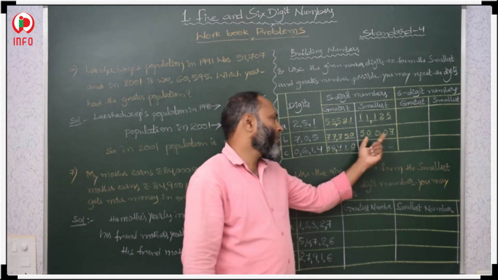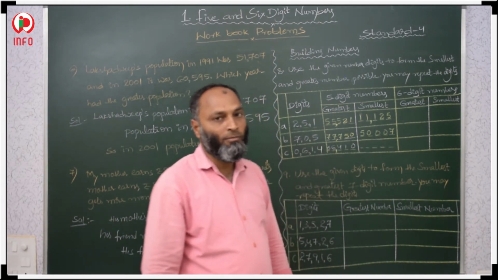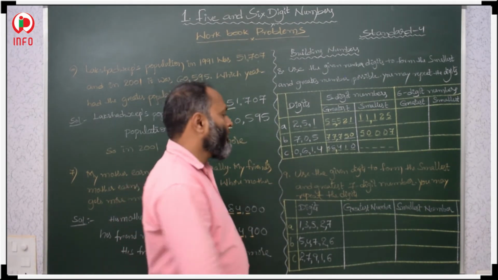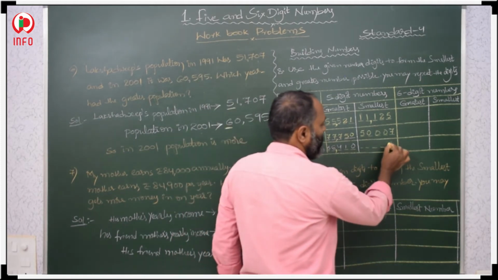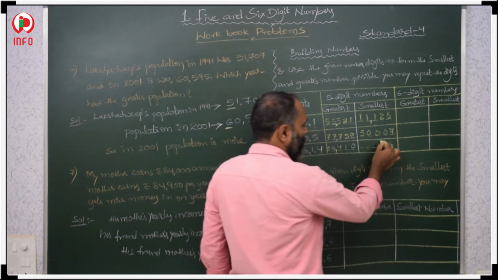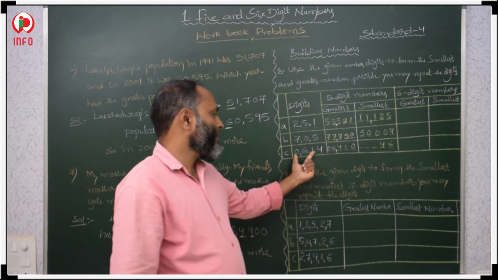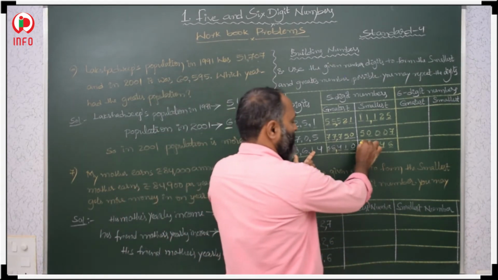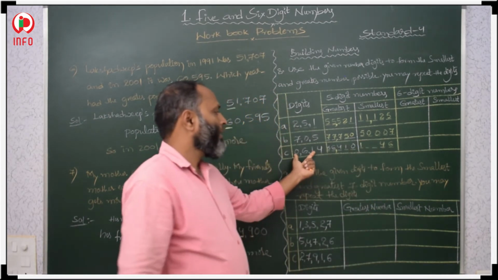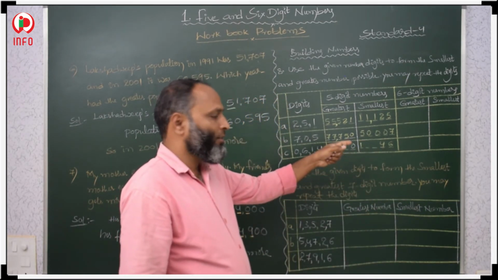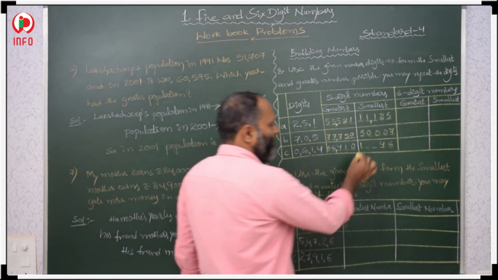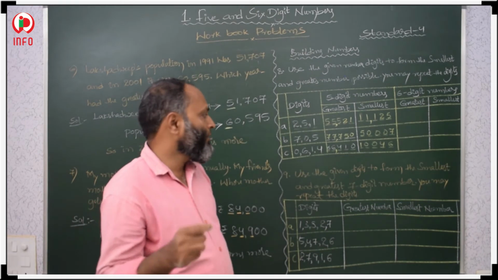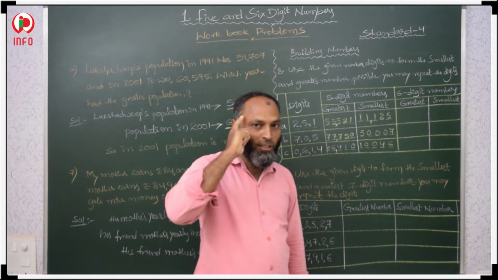When there are 3 digits, 3, 1, 0, one of the numbers is 0. The next one, how to make it? First we write the bigger number 6 at the last place, then the smaller one, 4. Two smaller numbers are left, 0 and 1. The second smallest number we have to keep at the beginning, and with the digits left over we have to repeat the zeros. When 0 is there, you have to use your brain.